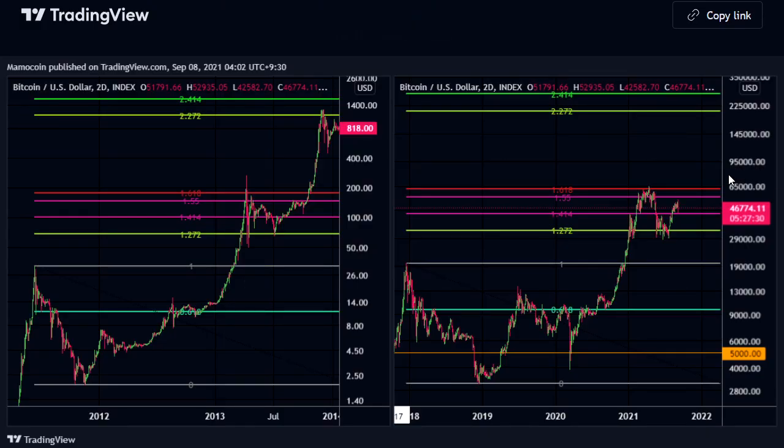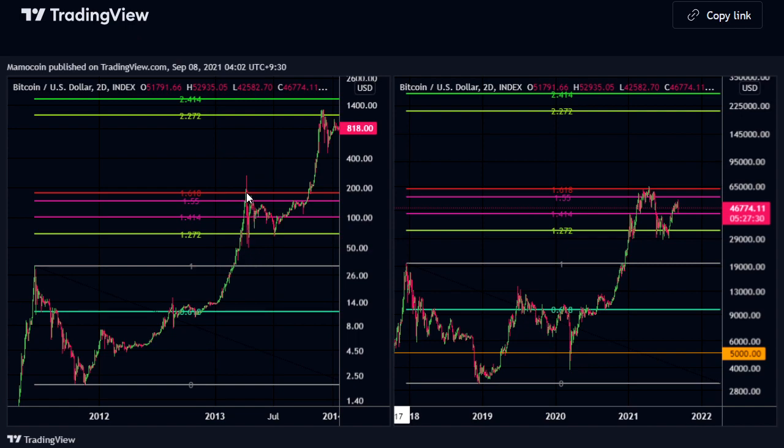So this is just that fib extension. I've talked about this in many previous videos. This is the 2013 bull run here, and just using the previous bull market peak to the bear market low. This is on a log chart, and these fib extensions are based on a log scale. And what we can see is the 2.272 level was the overall peak, but we did have this mid-cycle pullback